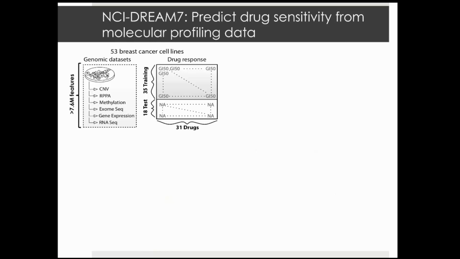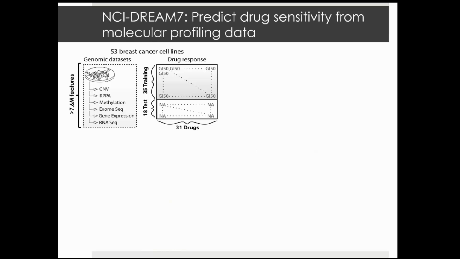So the particular challenge that we did was really to take these same sorts of problems that we have been working on, to try to identify predictors of response, and to pose that to the community. So what we did was to take 53 of our breast cancer cell lines and all of the baseline profiling data sets for them, that's shown on the left-hand part of the figure, and then for a set of 31 compounds where these drugs had never been released to the community anywhere, what we did was split those into a